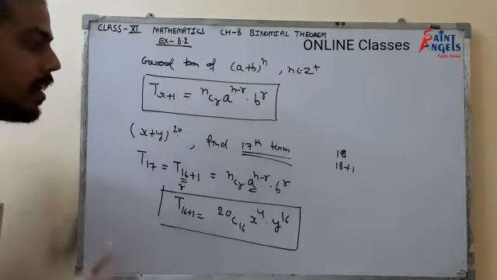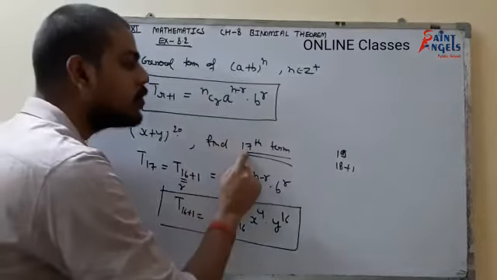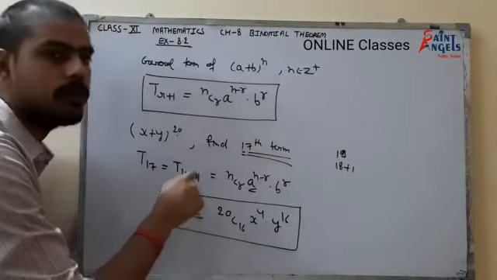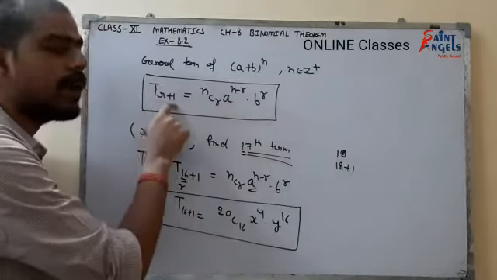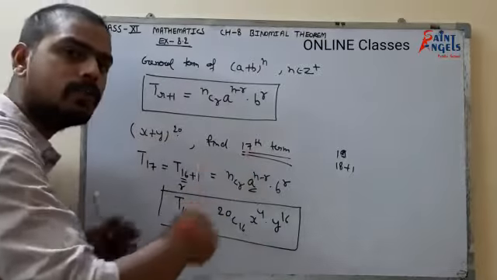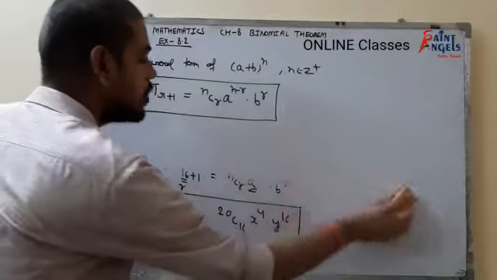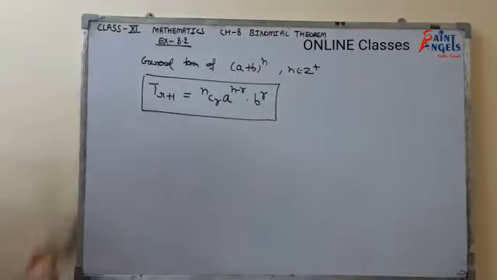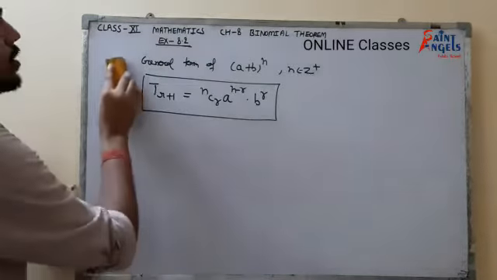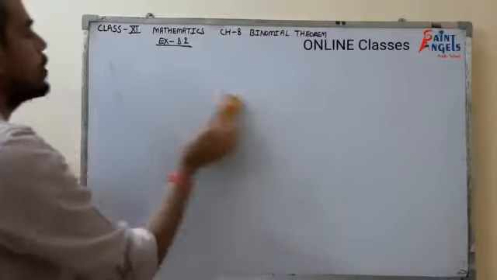But I am repeating again: whatever term we are looking for, we have to break that term into the r + 1 form, because here we have r + 1, so every term will be broken into the r + 1 form. So that was the formula. First of all, please pause the video and note this formula down. Now we will look for the middle term of a binomial expansion.